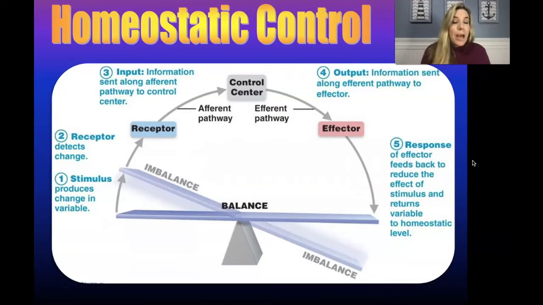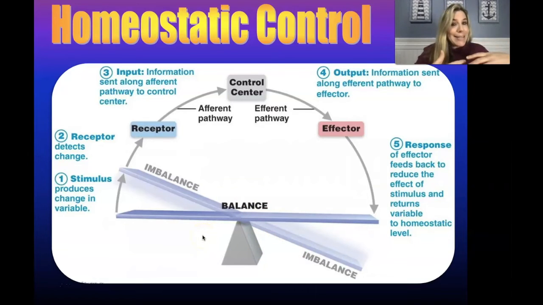So this diagram kind of puts in perspective, in general, how homeostatic control works. Then we're going to take it down into the actual feedback mechanisms that are involved in this and some actual empirical examples in the body. So we said homeostasis is like a seesaw. It's like a balancing act. If you've ever been on a seesaw as a kid, when one kid is up here, the other one's down here, and then it goes back and forth like this, right? So that's a seesaw. That's trying to maintain balance. If the two kids are exactly the same weight, then it might stay in balance. So it's all about balance and imbalance.